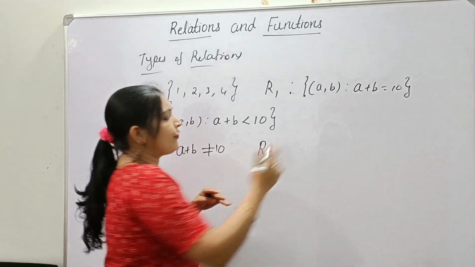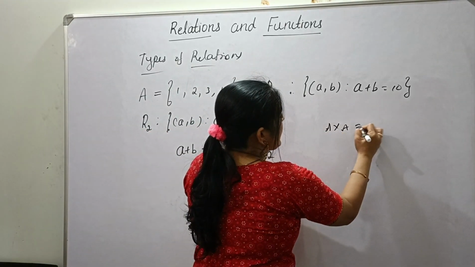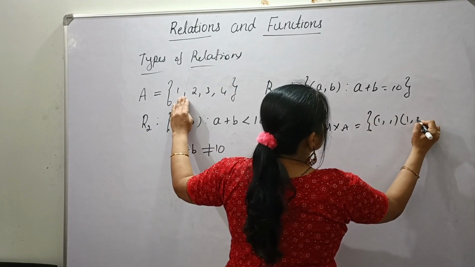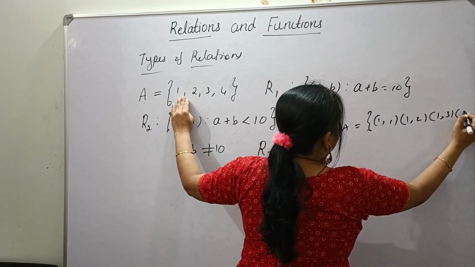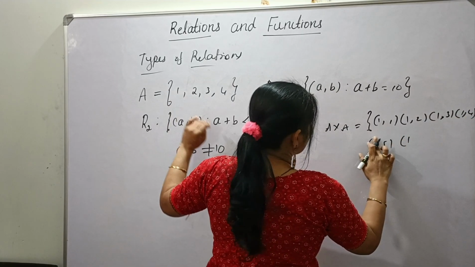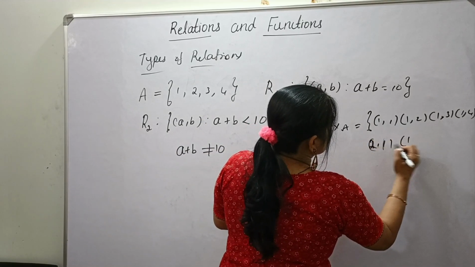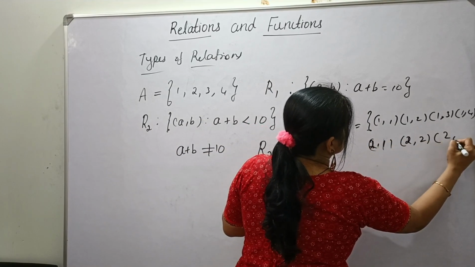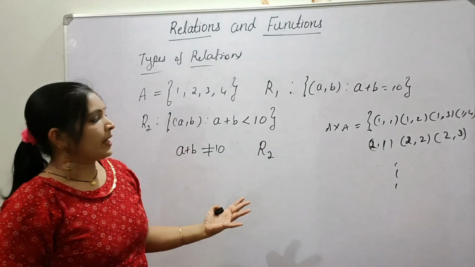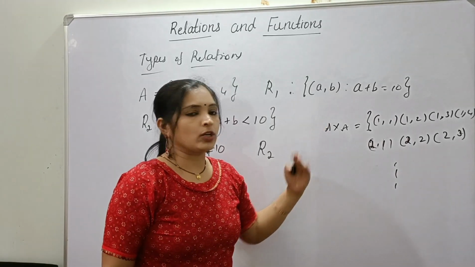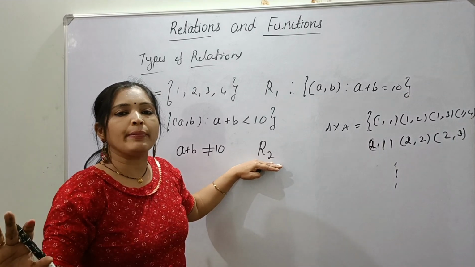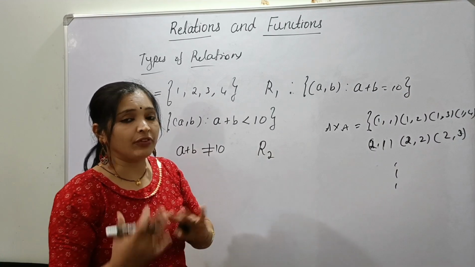See, if you find A cross A, what is A cross A? A cross A will be (1,1), (1,2), (1,3), (1,4), (1,5), (1,6), sorry, (2,1), (2,2), (2,3), (2,4), etc. So you already know how to write A cross A. So here we will get R2 containing all the elements of A cross A, because if we take